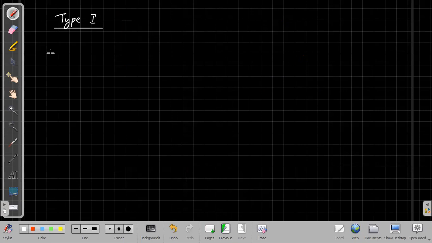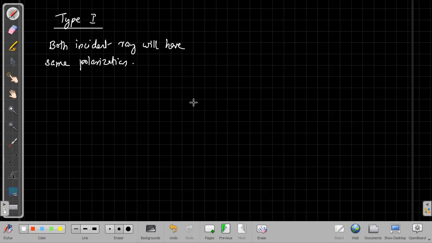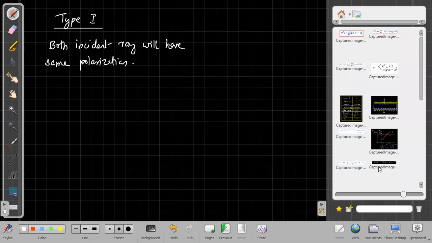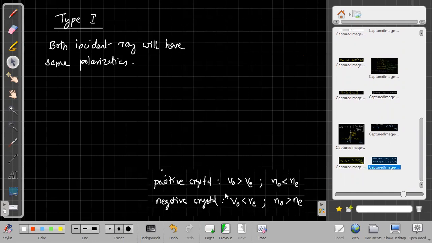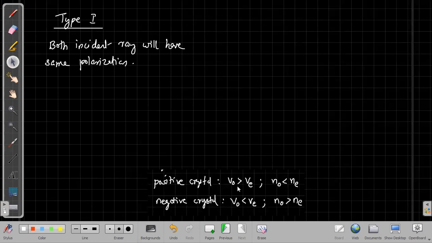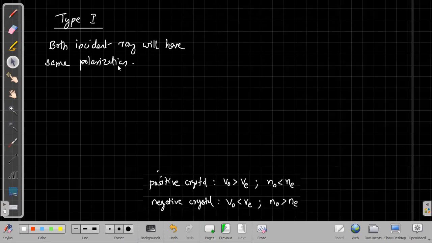In the case of type 1 phase matching, both incident rays will have the same polarization. For reference, it is better to keep the definition of the positive and negative crystal here. So both incident rays will have the same polarization,